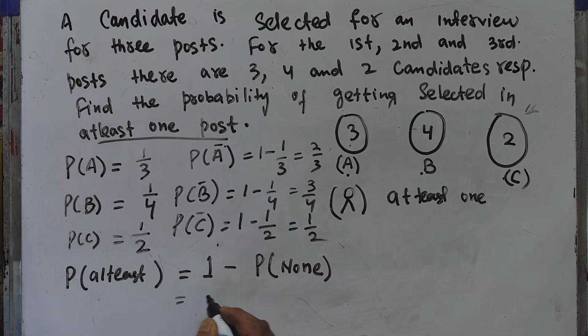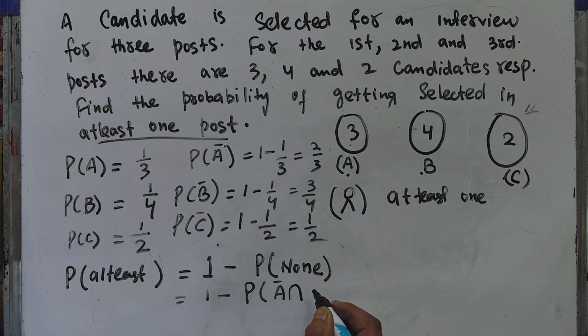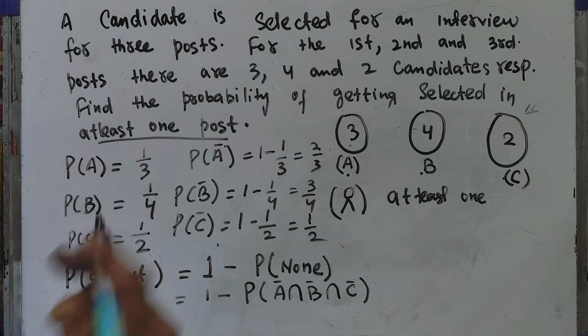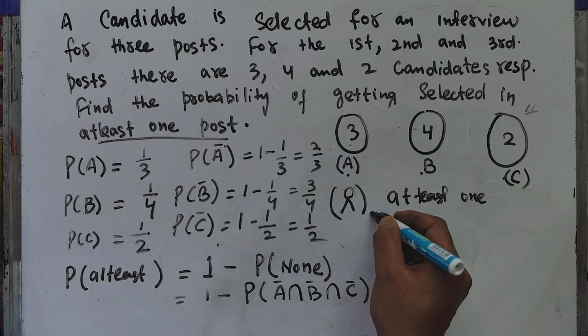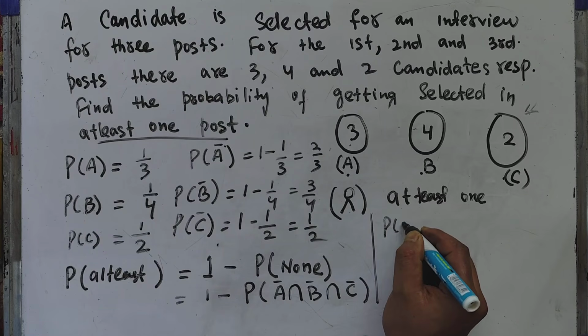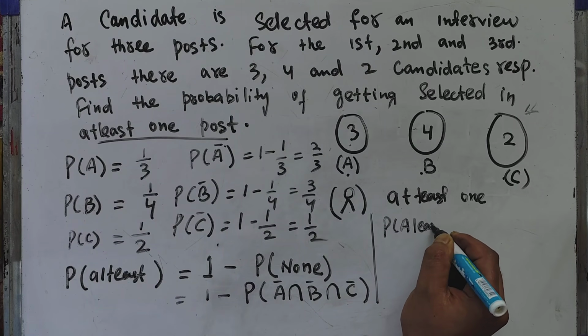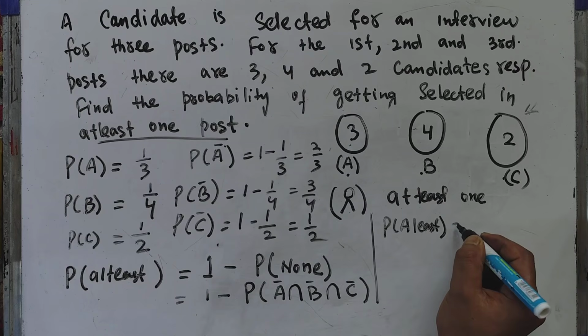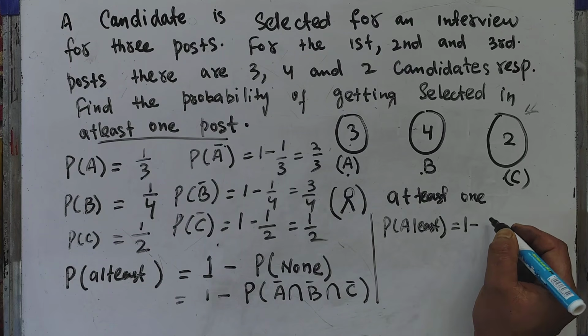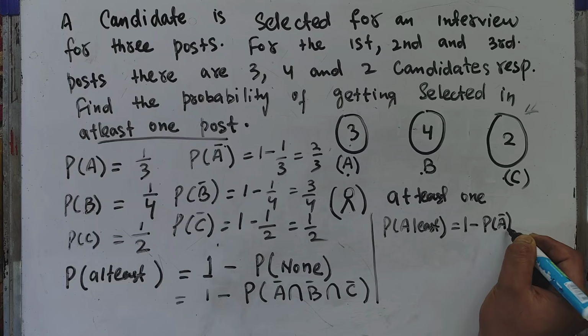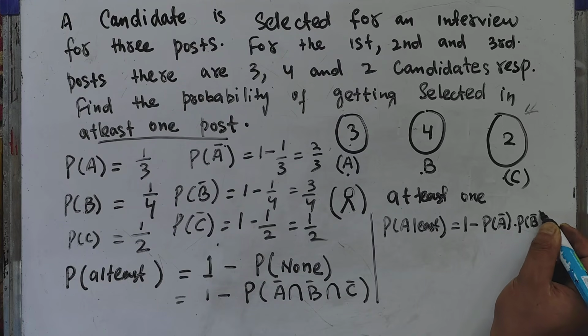So we will get here 1 minus the probability of A complement intersection B complement intersection C complement. Here the events are independent, that means we need to multiply them. That means the probability of getting selected in at least one post will be equal to 1 minus probability of A complement times probability of B complement times probability of C complement,